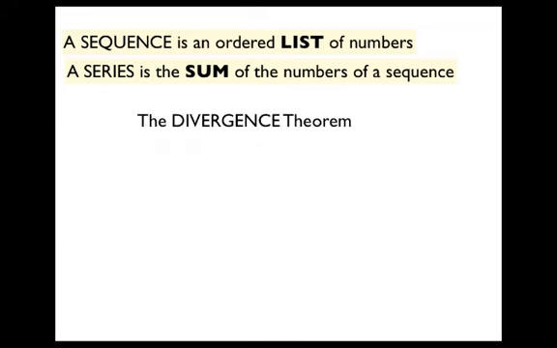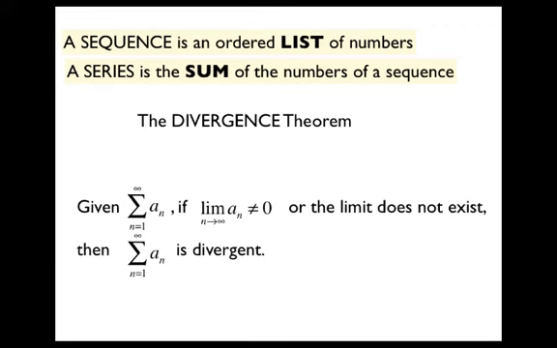Okay, so instead of when does a series converge, let's talk about when does a series diverge. When does a series diverge? When the sequence is convergent, the series diverges? When the sequence is divergent? When the sequence is anything greater than 0? Right, if the limit of the sequence does not equal 0,